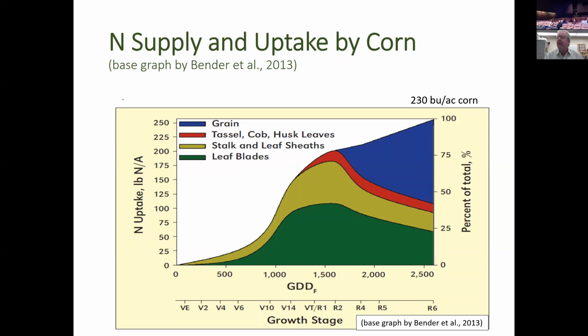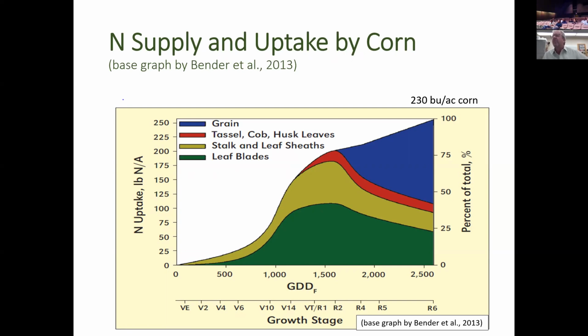So this graph, you may have seen, it's from the University of Illinois. It shows the nitrogen uptake by corn as a function of growing degree days, which is more or less a timeline. But keep in mind that growing degree days don't accumulate very quickly in the early part of the growing season. So what you see here is